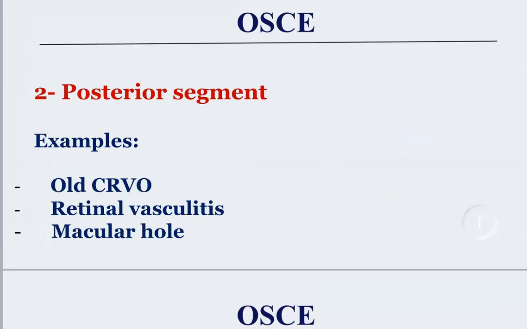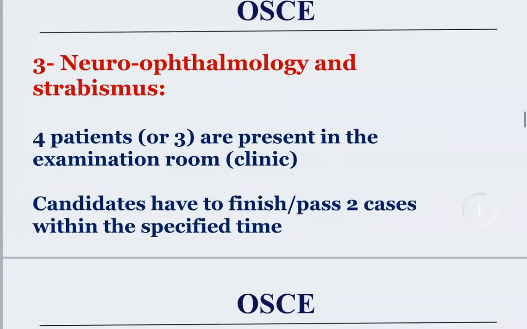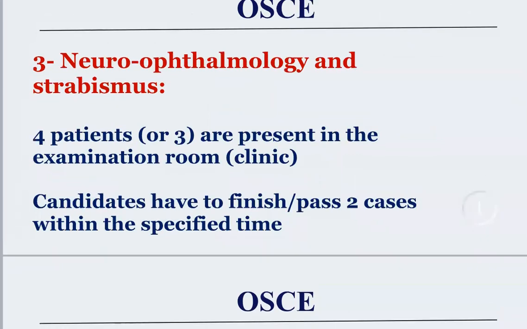Examples for the posterior segment: central retinal vein occlusion, retinal vasculitis for differential diagnosis, and macular hole. Then neuro-ophthalmology and strabismus. Here for neuro-ophthalmology and strabismus, and the last one, which is the oculoplasty,